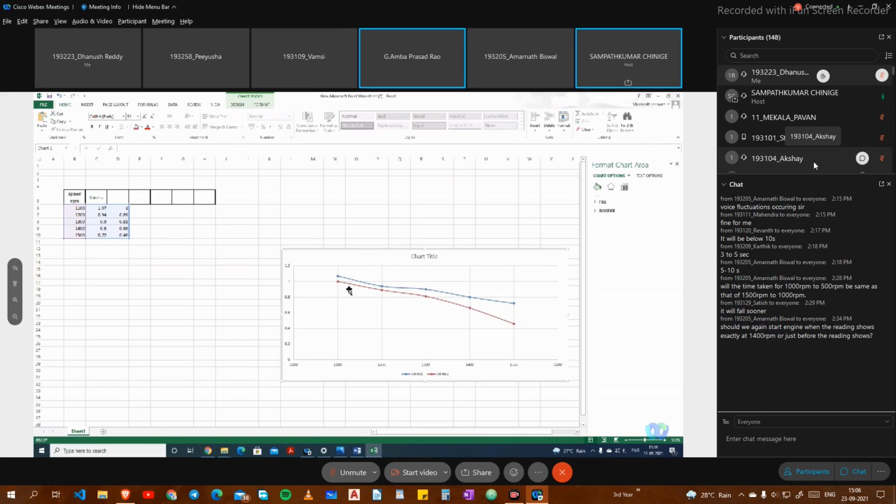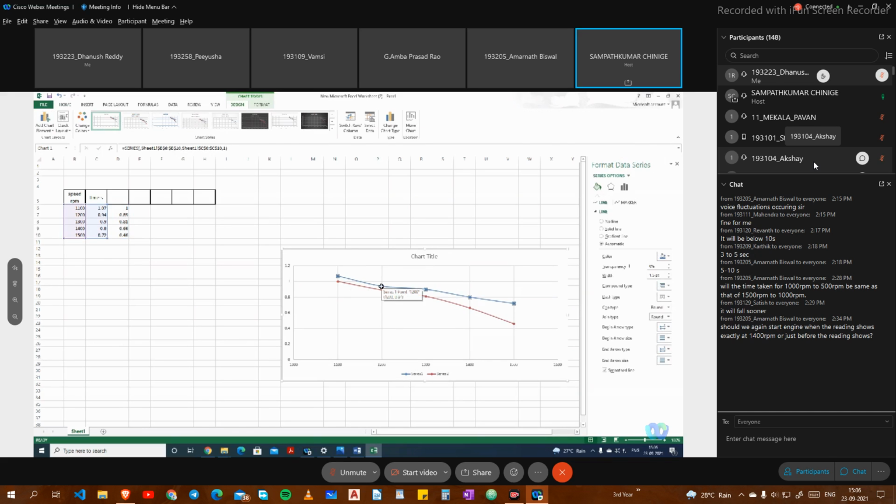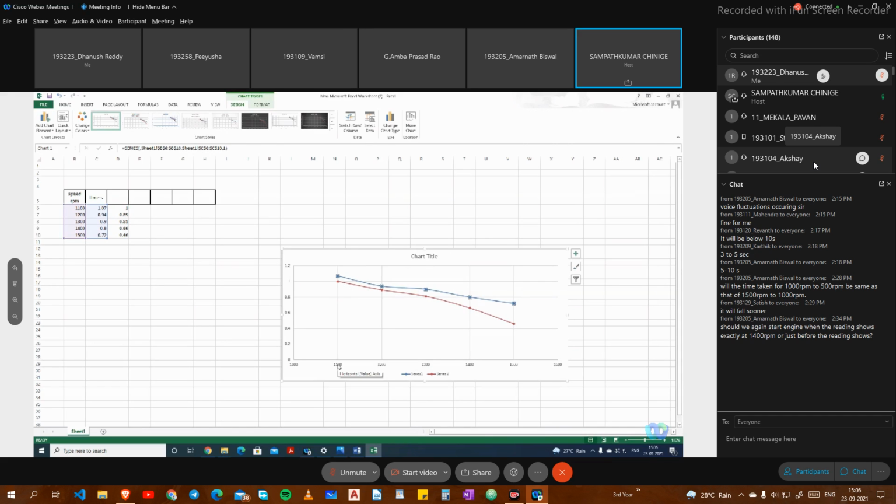From this, what is the slope of this, and what is the slope of this line? These two are giving angular acceleration. For getting a straight line, for getting a proper fit, they have taken this curve out. Okay, so in our manuals, when drawn, it is from 1100 to 1500.